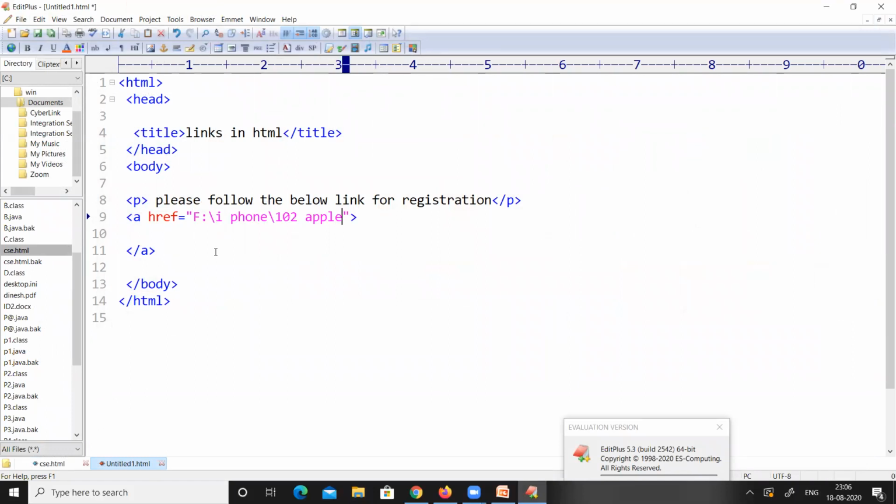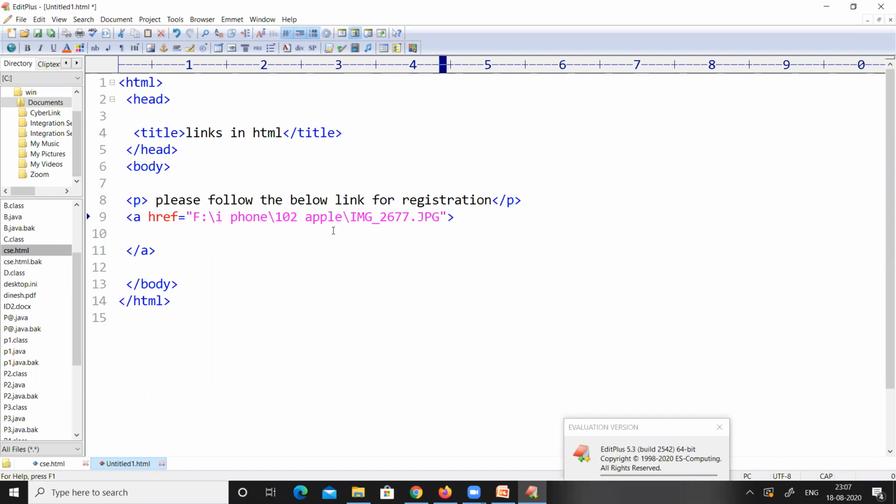That is F drive iPhone 102 Apple slash, and the name of the image is IMG, capital IMG underscore 2677 dot JPG.